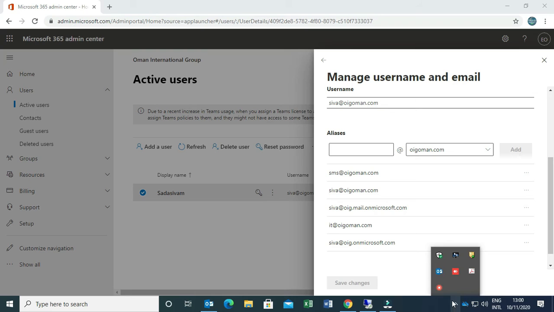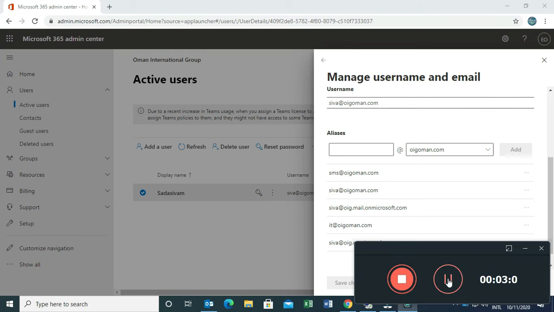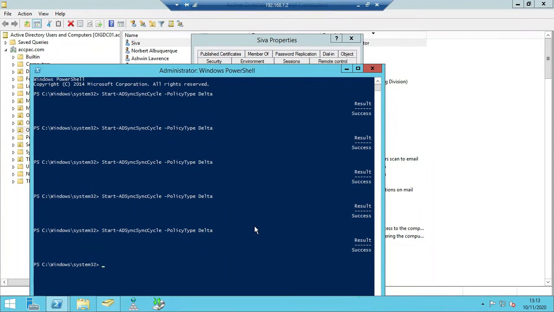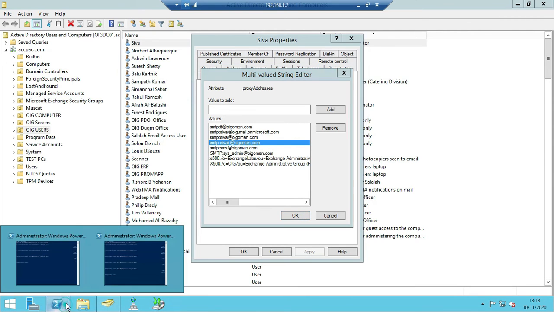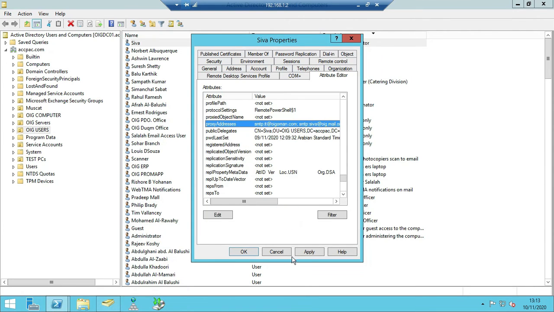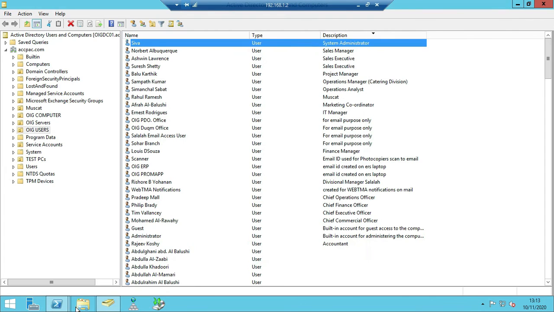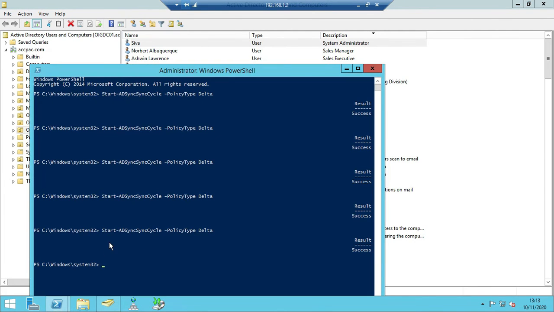This is a very useful concept. For example, if there is a finance person in your office, you can add finance manager, careers at finance. Like that, he can choose multiple email IDs for his department so that any email comes directly to him. Or an HR manager can add careers, HR at, like this, multiple email IDs of their choice.